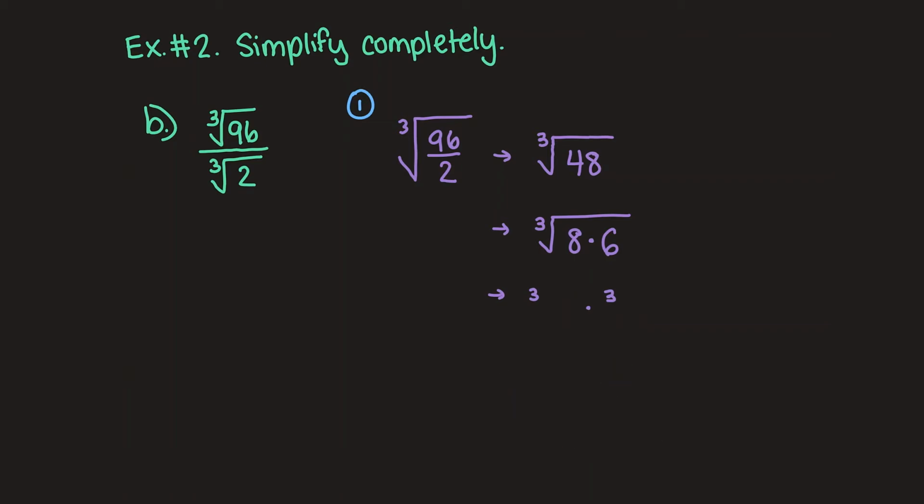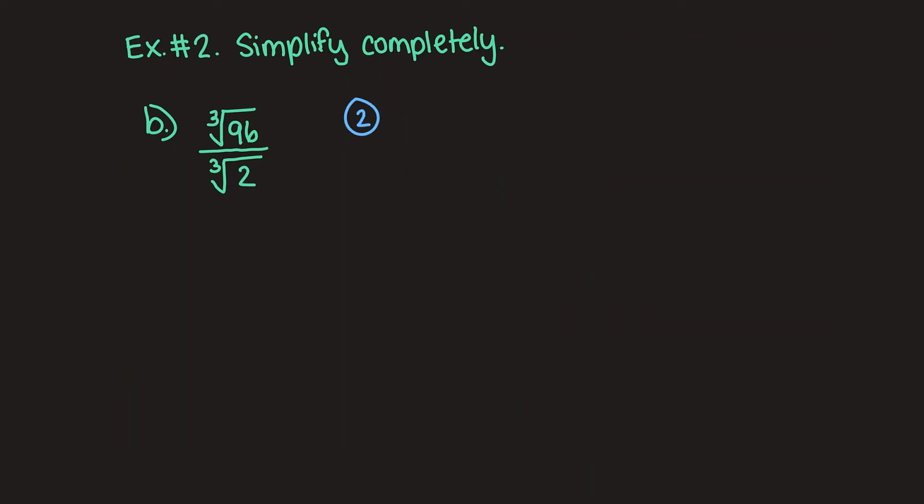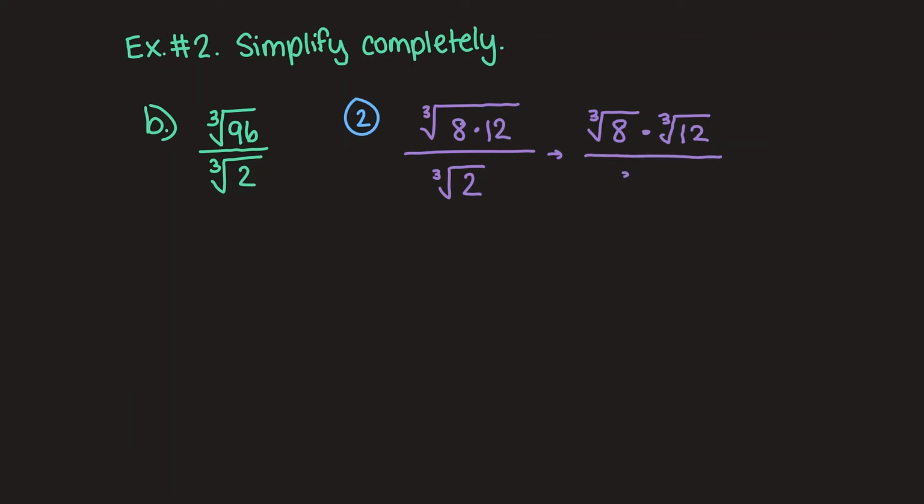The second way to approach this would be to simplify the cube root of 96 first. So 96 contains a perfect cube of 8 as a factor, so we can rewrite this as the cube root of 8 times 12, and use the product rule to simplify. So the cube root of 8 times the cube root of 12 over the cube root of 2. We can simplify the cube root of 8 as 2, and since 12 has no perfect cube factors,